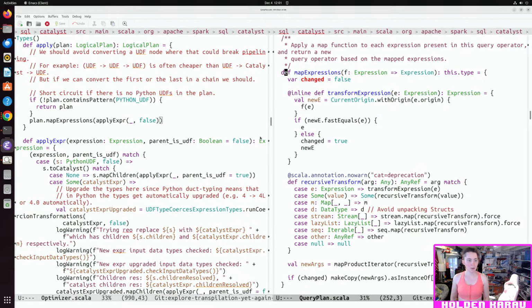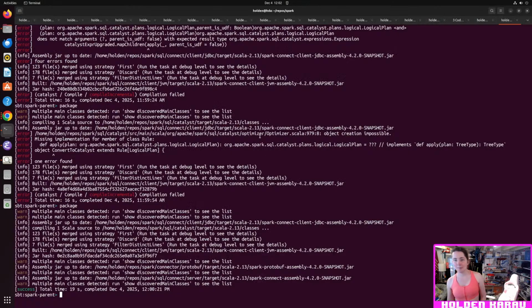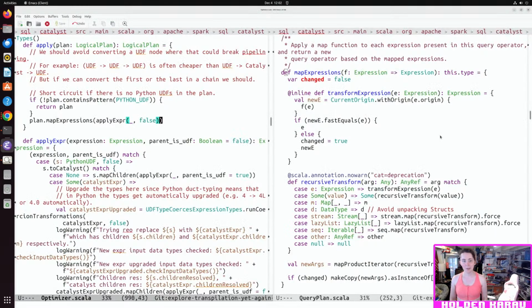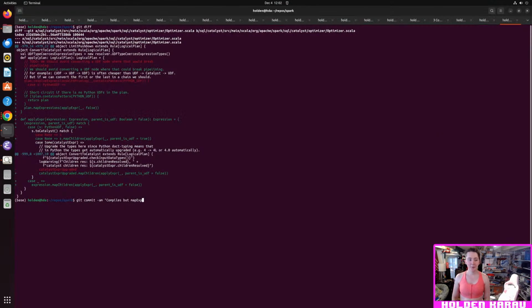Actually, yeah. That compiles, but it's okay. Alright. Compiles, but map expressions does the recursion. So yep.